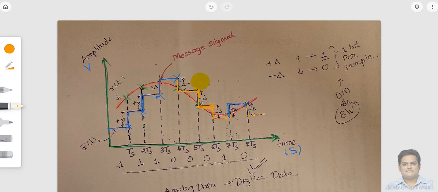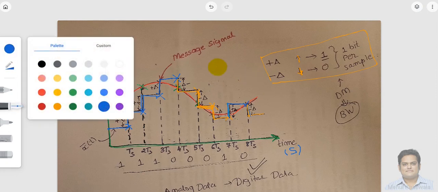Now here comes the part of encoding. As you can see, I have defined one encoding schema here. I am defining plus delta. Whenever I am moving in the plus delta direction, I am going in the up direction. Let me draw it in this way. So this is my down direction. If I am going down, I have indicated with the yellow pen, so I am keeping that convention.